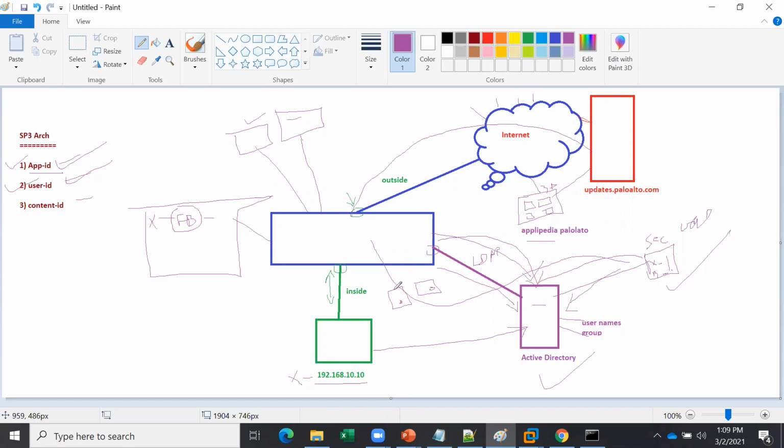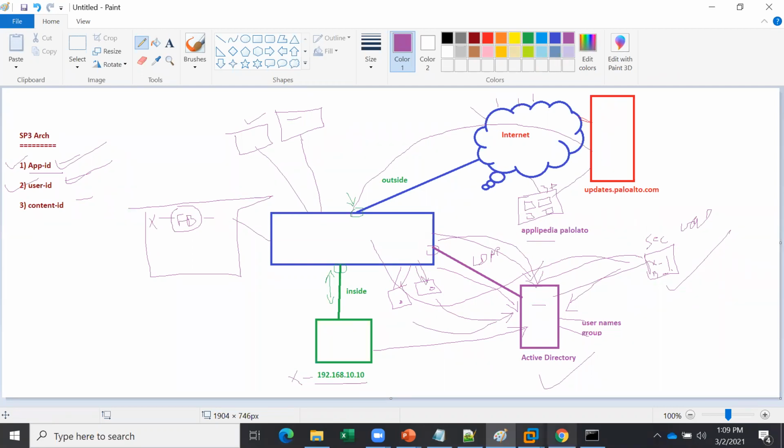These user ID agents will go to LDAP and fetch all the information, and instead of going to LDAP, your firewall will go to the user ID agents and fetch the information. We have discussed in detail how they work.